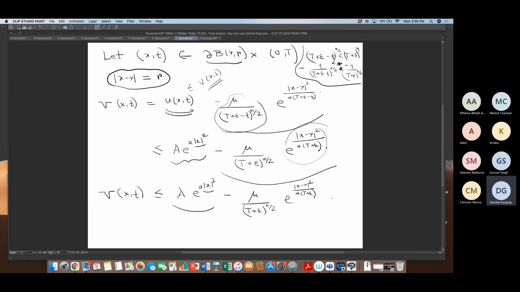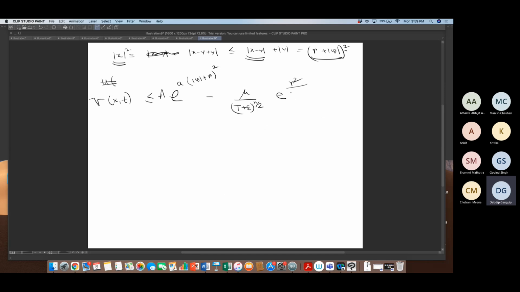I just put x minus y equal to r, so r square by 4 into t plus epsilon. Here is the point where I will use that 4a t plus epsilon is less than 1. Remember, because we are considering the case when t is small. That means